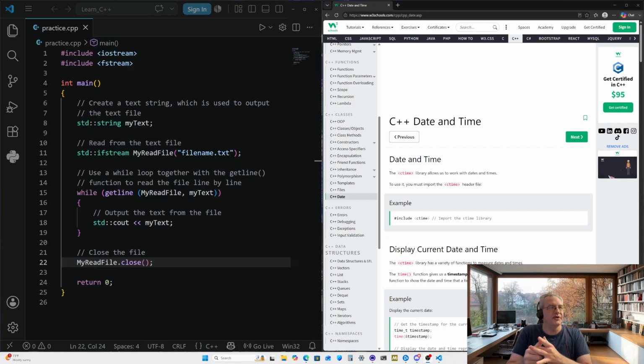There is a way to get the current date and time into your programs, so that when your program runs, if it's not you running it, or somebody else is running it, it'll actually get the current date and time of whenever that program is run. That way you can use that in your program. So the ctime library allows us to work with dates and times. To use it, you must import the ctime header file,